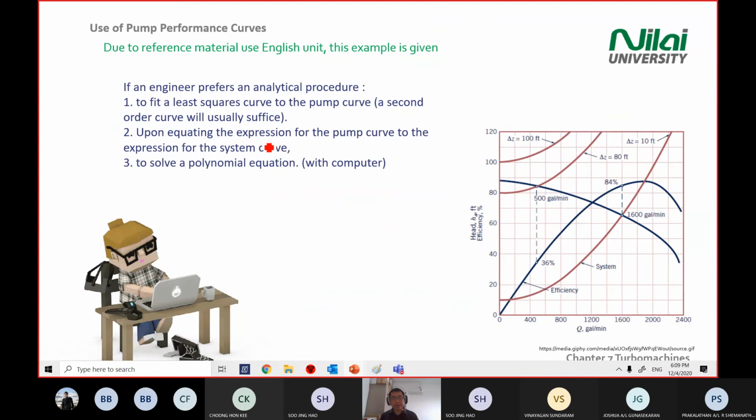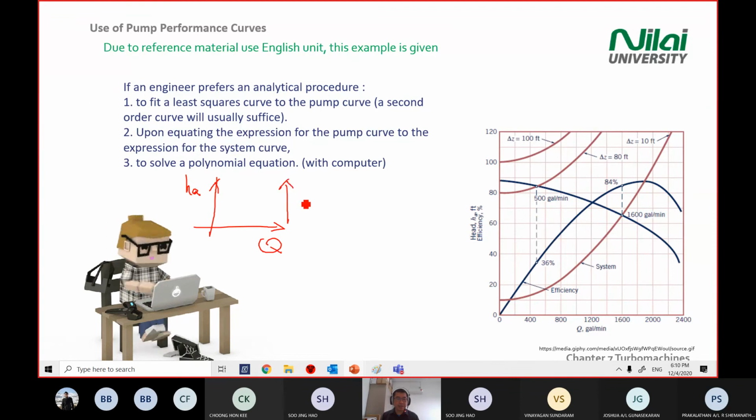All right. So these are the practical ways design engineers make full use of the curve. Again, just to summarize, what we usually do in pump selection, we look at HA versus Q and the efficiency graph. This one we get from the supplier. On this graph from the supplier, we already have the HA curve. We already have the efficiency curve. So from this one, the next step,